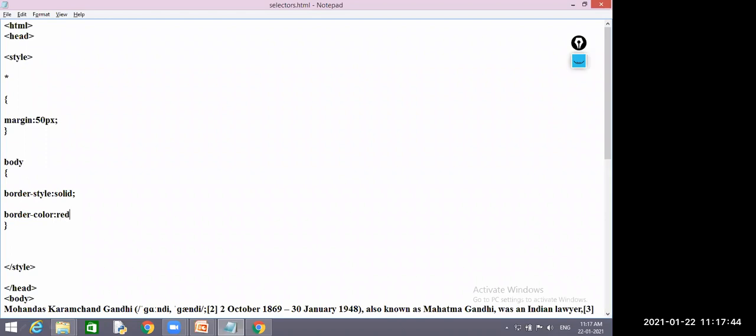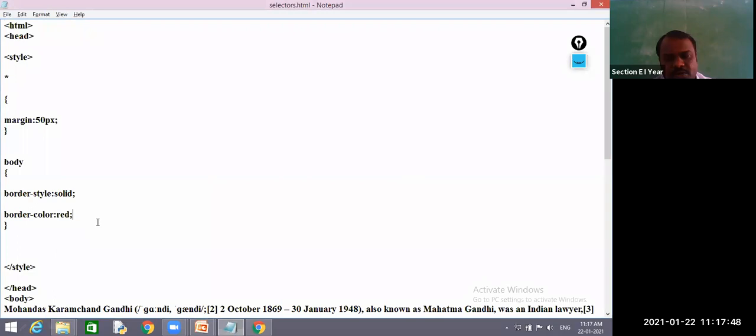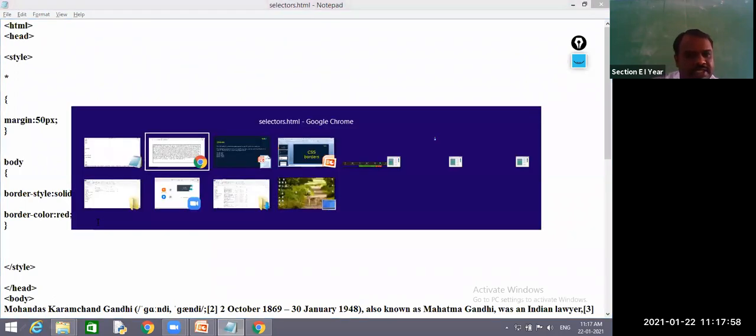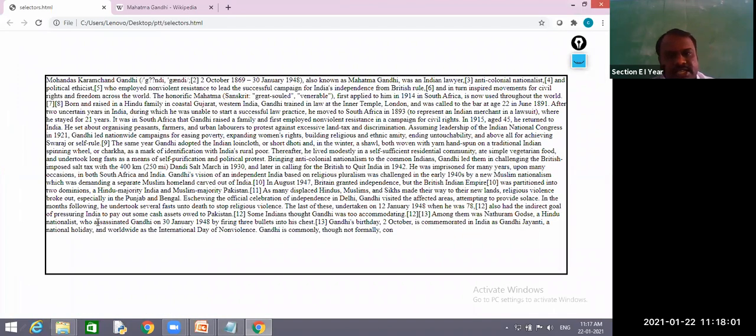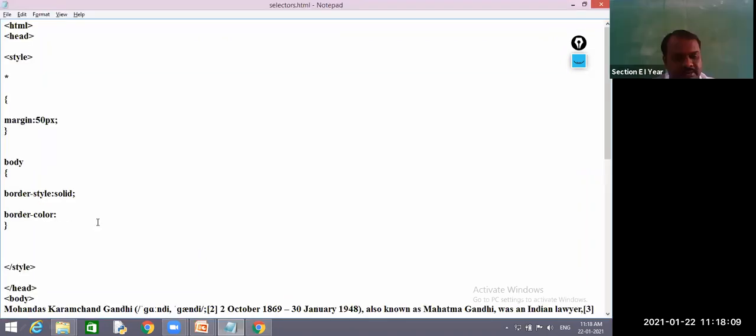Border color equal to red. Again, how many ways can you give the color? You can give a color code, and you can give a color name. Next, you can give an RGB color with the 3 values. So let us see its output. Is it changed to red or not? Yes, sir. Next, you can give another color by using a number.